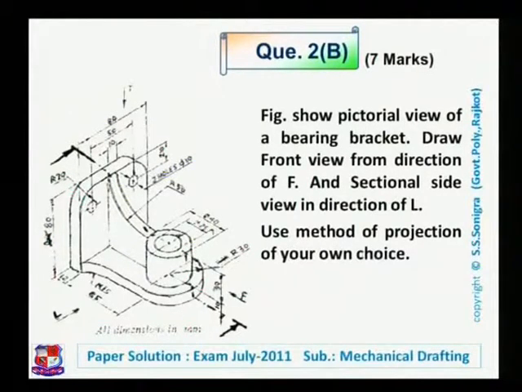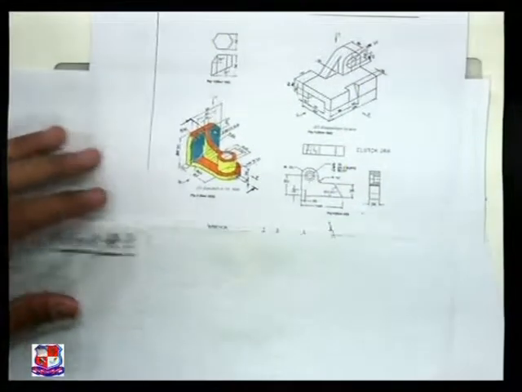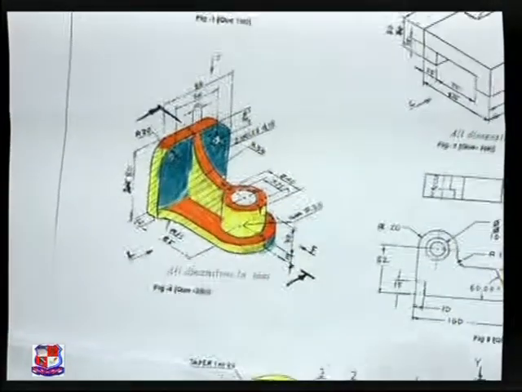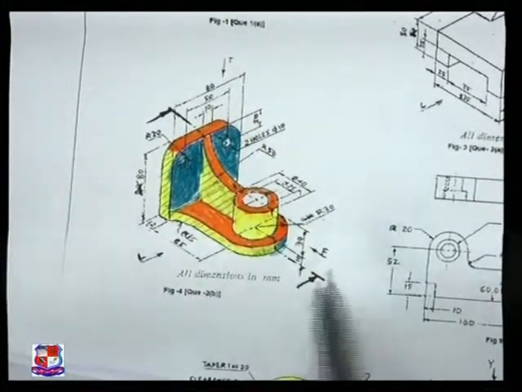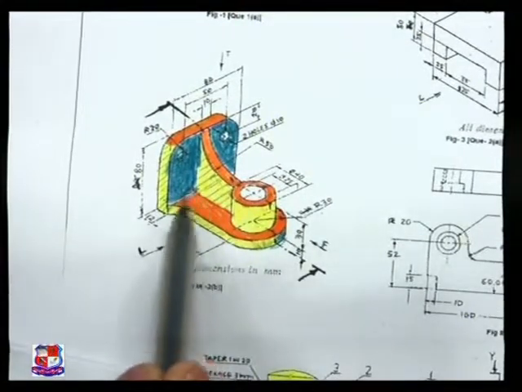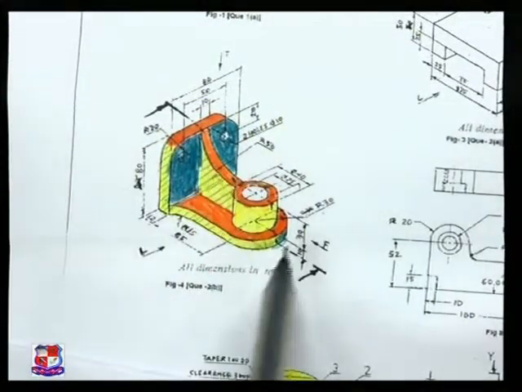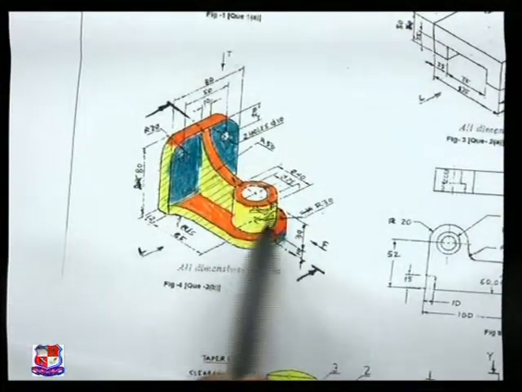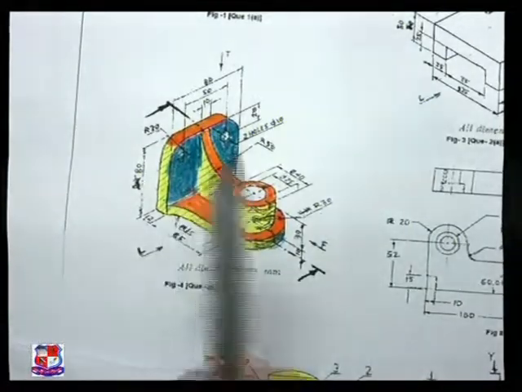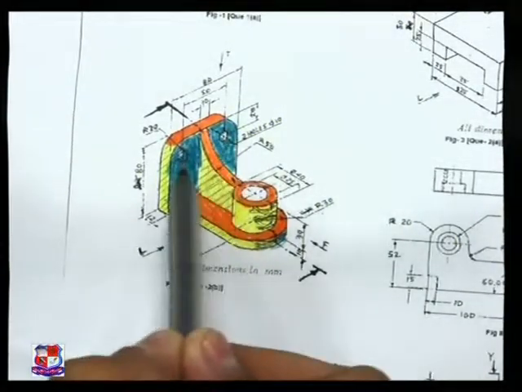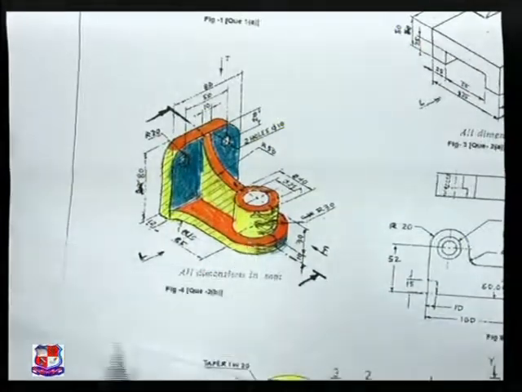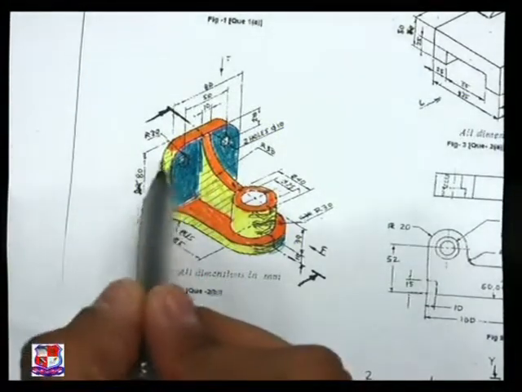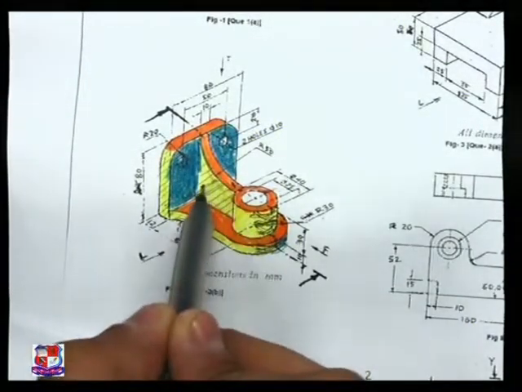This is the drawing of given object, and we can color like this. If we look from F direction, this green colored portion would be visible as colored like this, right? And this is also visible in front view. This face will also be visible in front view, and these two holes will appear as a circle in front view. So if you look from this direction, this green colored portion would be visible. If we look from the left hand side view, this yellow colored portion shown over here would be visible.